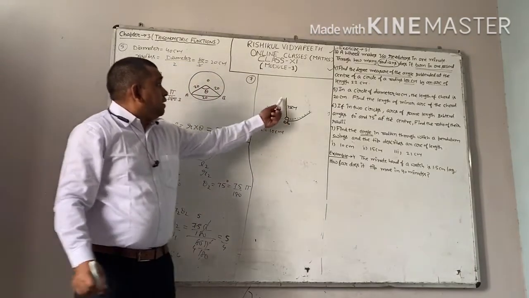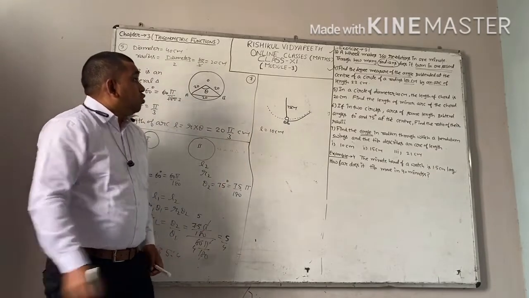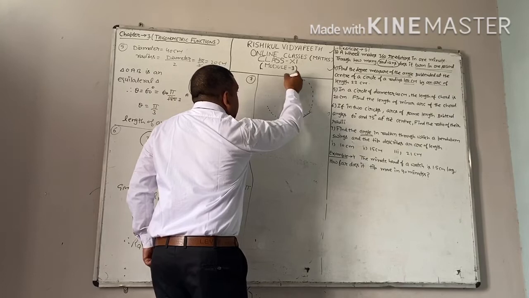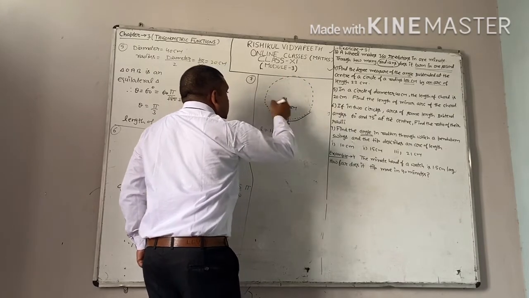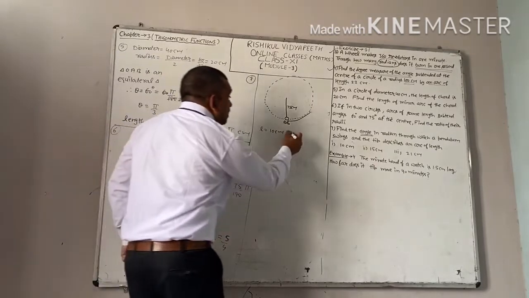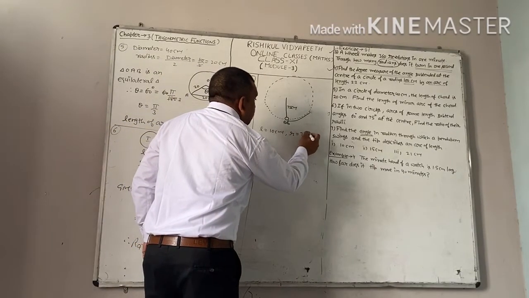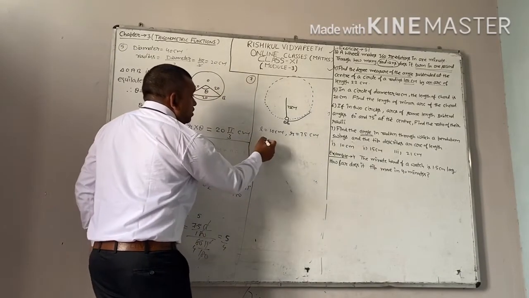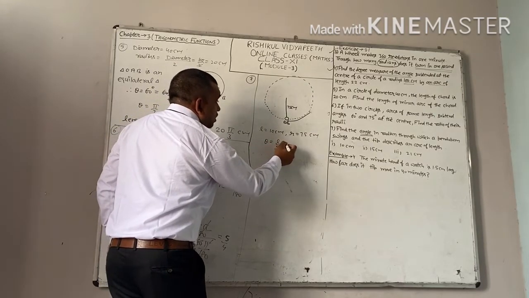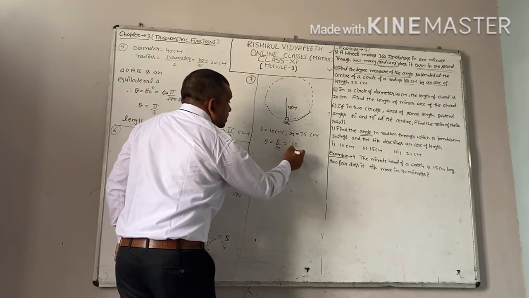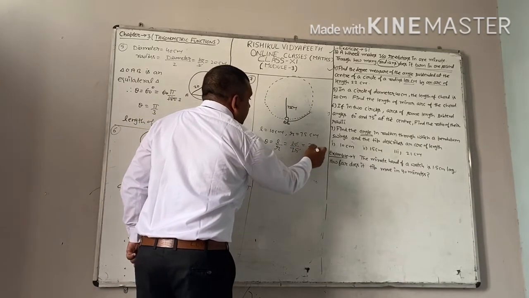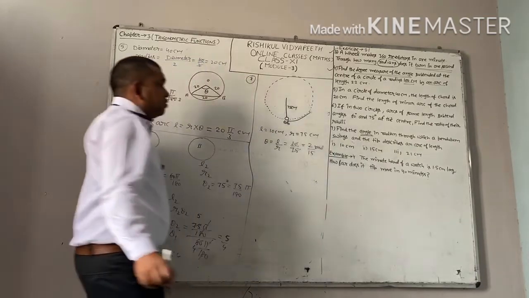Now this 75 centimeter will convert into radius, because when we complete this one, this will make a circle, and this length of pendulum, 75 centimeter, will convert into radius. Radius is 75. You can easily find out theta. Theta equal to L upon R. Put up the value. L is 10. R is 75, 2 by 15. This is your answer.